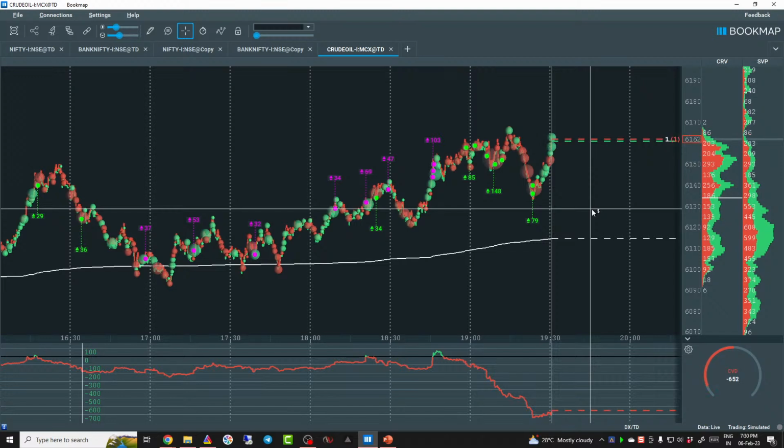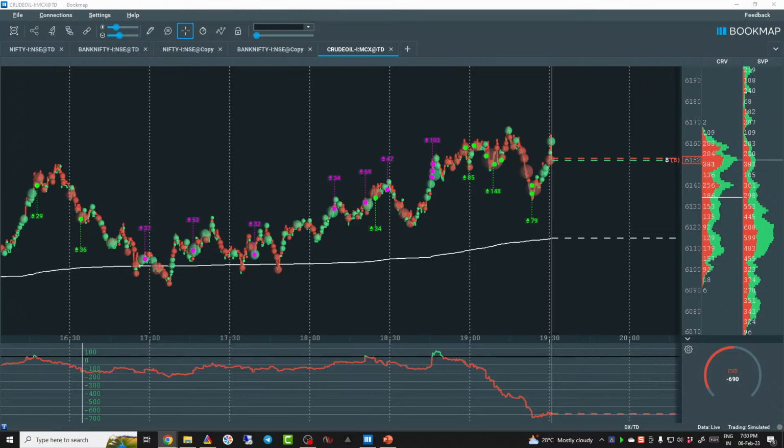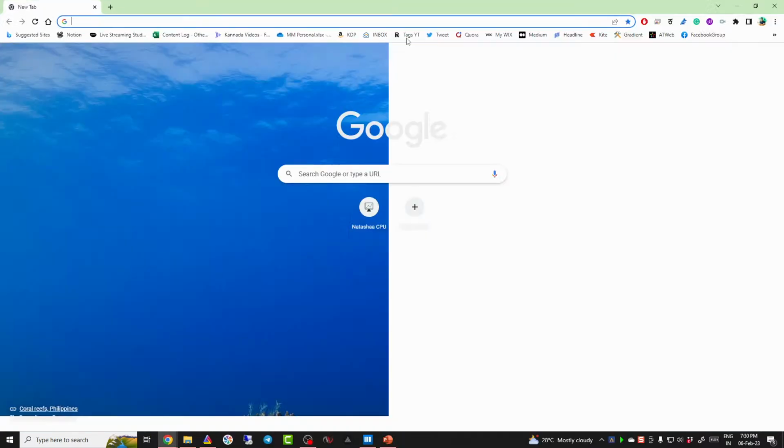Bookmap works with forex pairs. Please check it out with the Bookmap team, they will help you with this. At the present moment we are analyzing the Indian market. With respect to that, one more important point I wanted to explain is that the absorption indicator